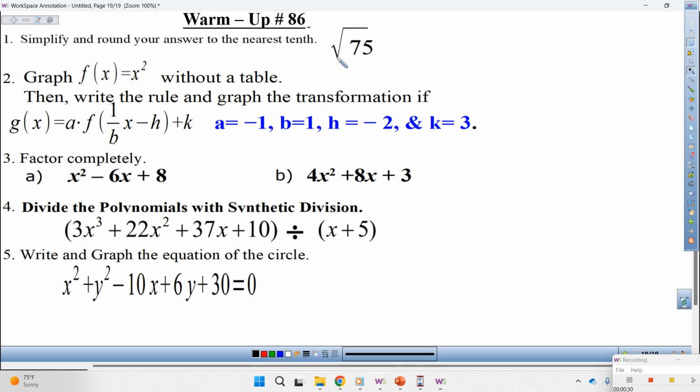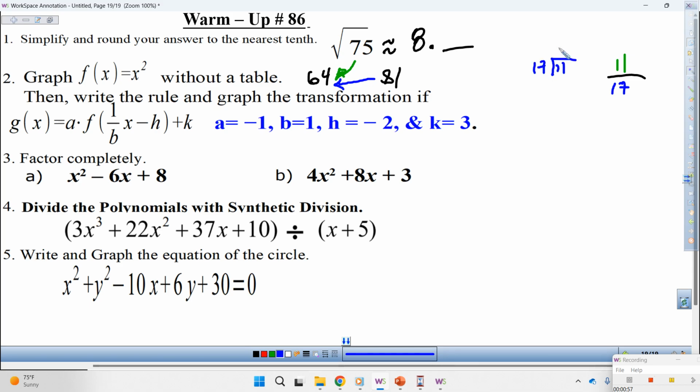So the square root of 75 is approximately between 64 and 81. So this is going to be 8 point something. So once again, 75 minus 64, that is 11, over 81 minus 64, that is 17. So 11 divided by 17. Add a decimal and a 0. Fits in there